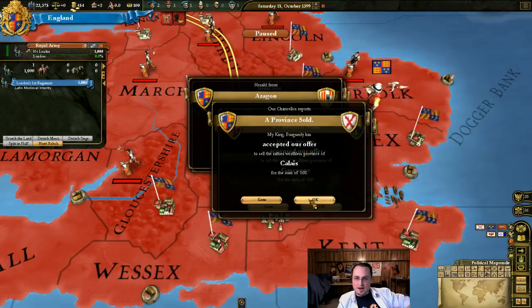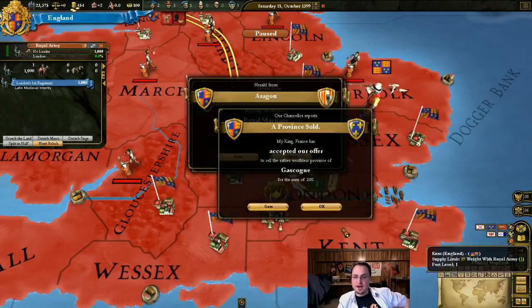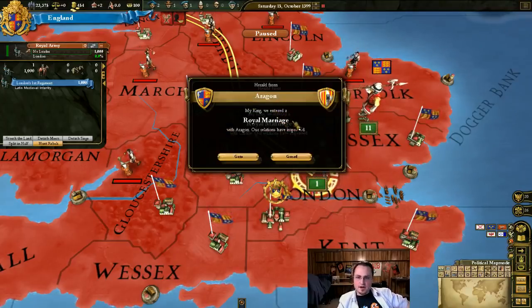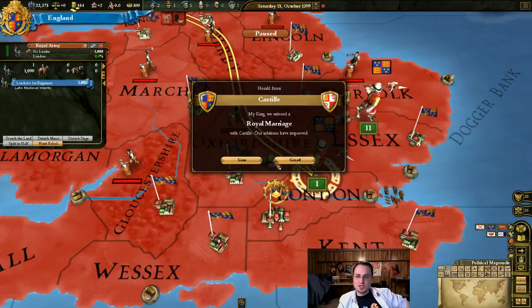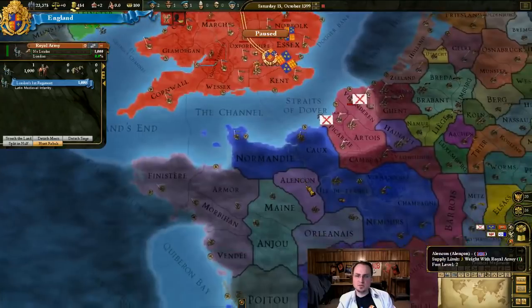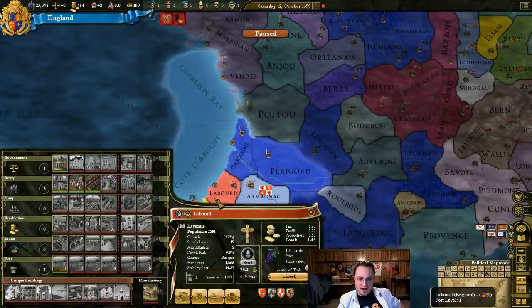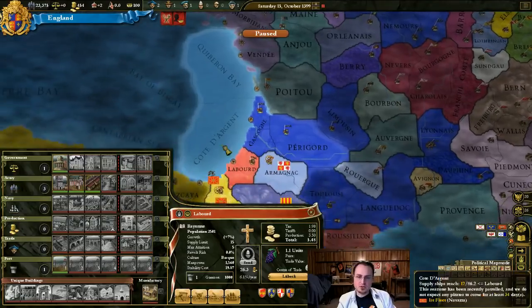We have sold Calais to Burgundy. We have sold Gascon to France. Aragon have accepted our royal marriage, as has Castile. Wonderful. So that improved our relations considerably. A whole day has gone by and we've done all these things already. And alright, I can't trade Labourd away quite yet